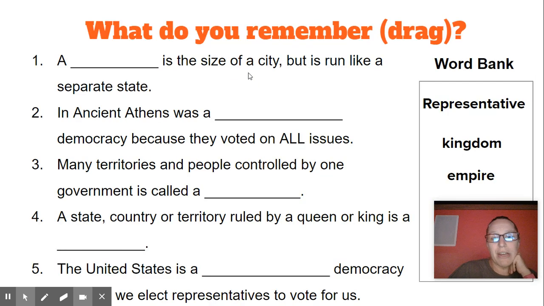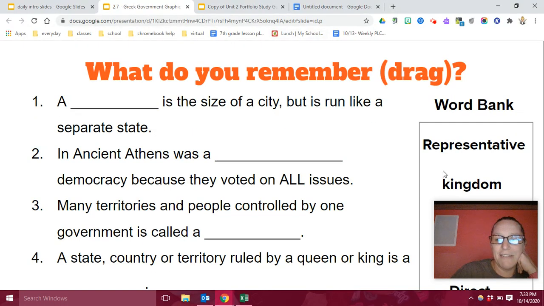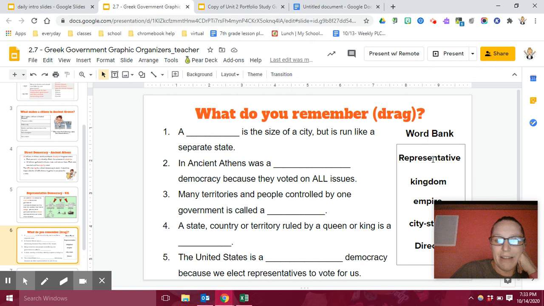All right, so what you're going to do now is go ahead and drag these. So go ahead and give your screen a pause, drag them where you think they go, all right, and come back when you have them in the right place. All right, so let's go ahead and drag these together. I got to exit out of this view. All right, so